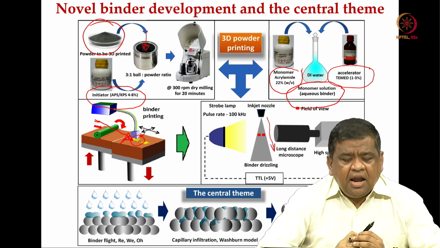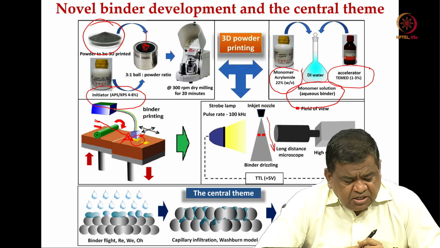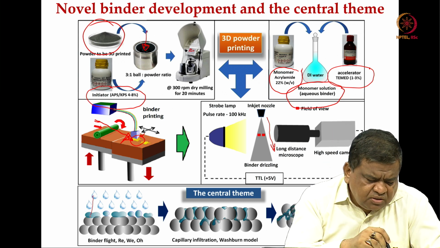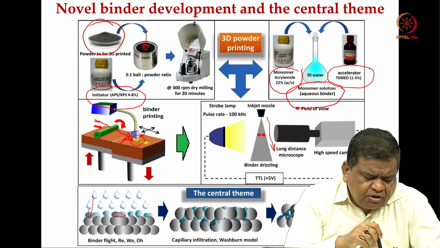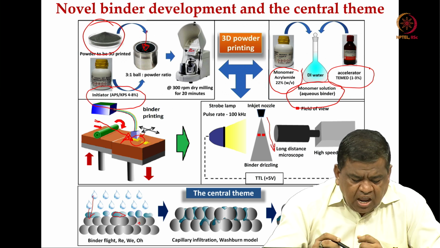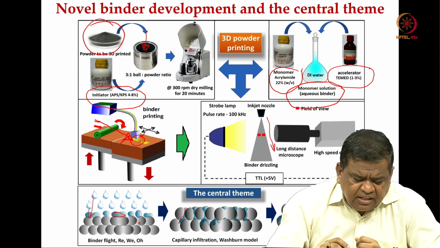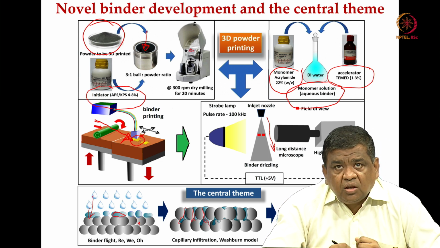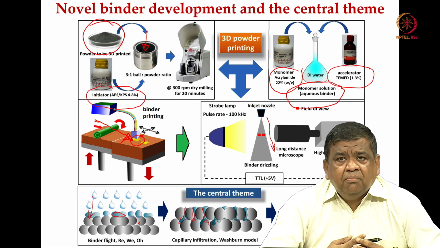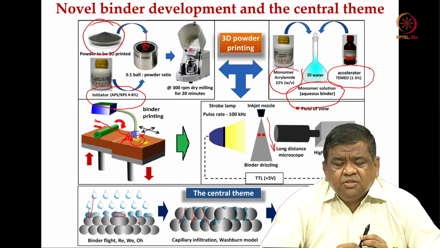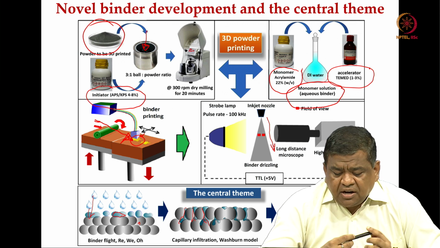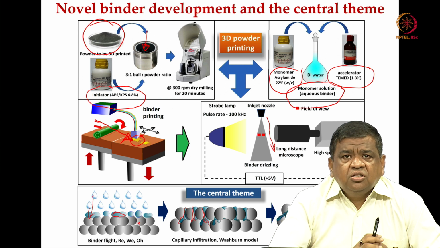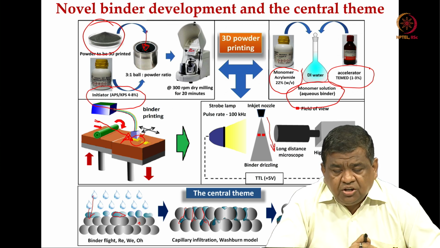So, what was the idea behind this particular binder formulation? We hypothesized that once this binder comes, it will impact and flatten on the powder bed, and once it is flattened, it can easily infiltrate into the powder bed. And during this binder injection, since we are using this monomer solution, we believe that it will undergo in situ polymerization, and this concept of in situ polymerization we have also analyzed using DWS.